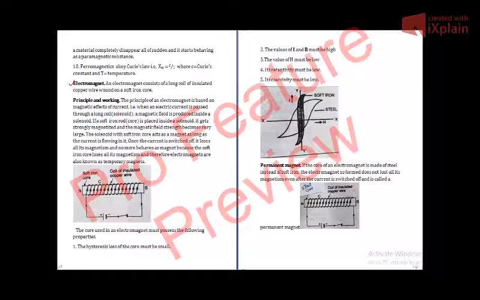It no longer behaves like a magnet. But here in a permanent magnet, the core of the solenoid is made of steel. It is not made of soft iron, so it does not lose its magnetism even after the current is switched off.